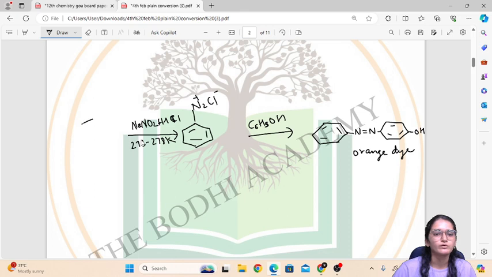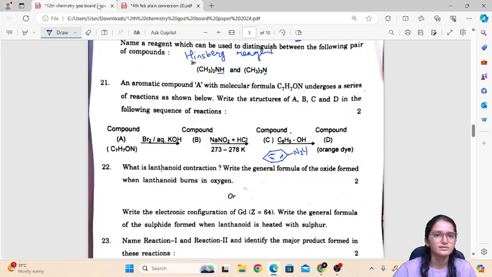Which compound do we have to take here? Aniline, that is a benzene ring with NH2. So this aniline will be treated with this compound to give benzene diazonium chloride. Now if they ask to write the names, okay, here in this question they have not asked